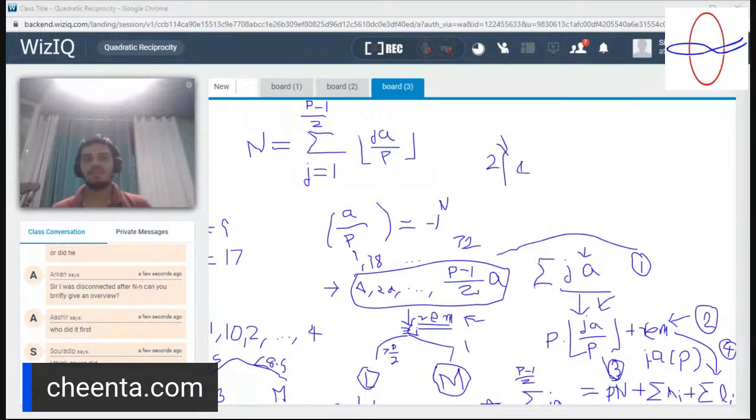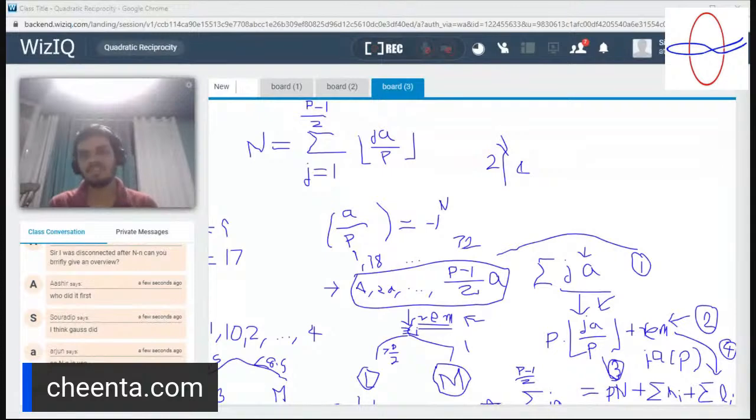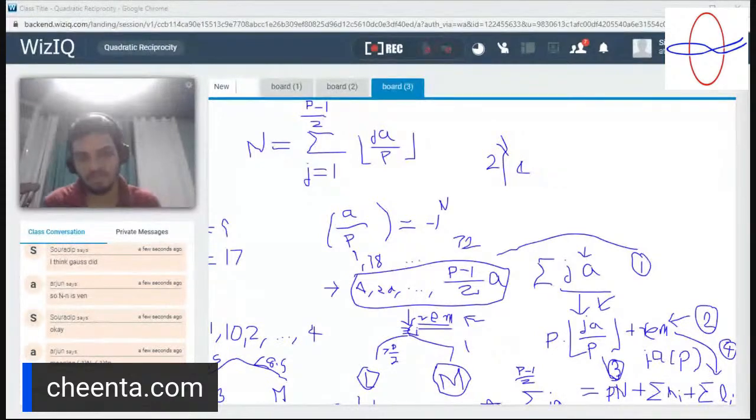Right, so it was first discovered by Euler, but Euler's first proof was false. It didn't pass verification. Later, Legendre gave a proof, which unfortunately had lemmas he did not prove, so his proof was incomplete. And finally, Gauss independently discovered this law and presented the first complete proof. After which,